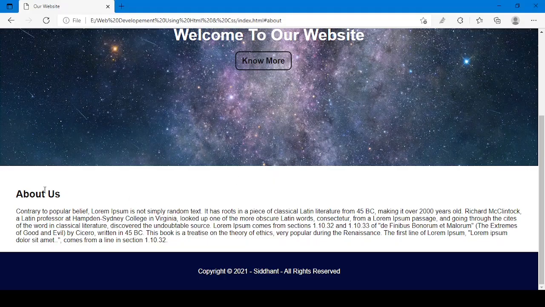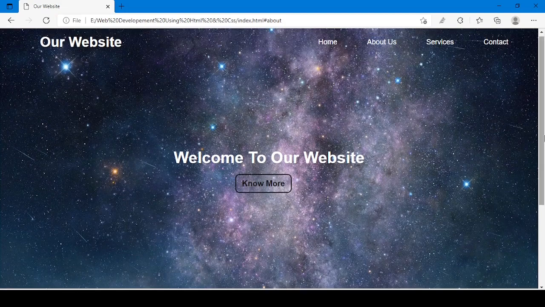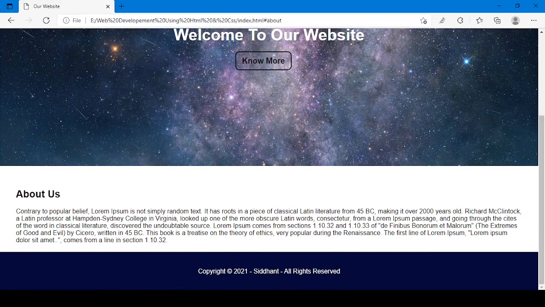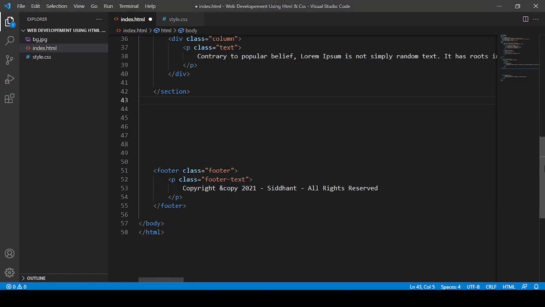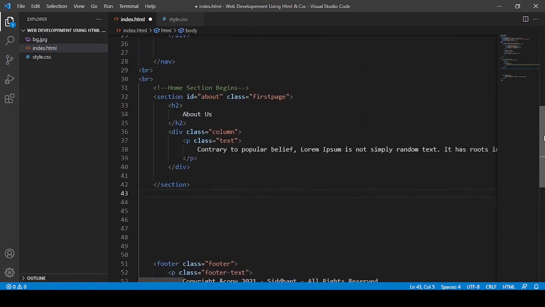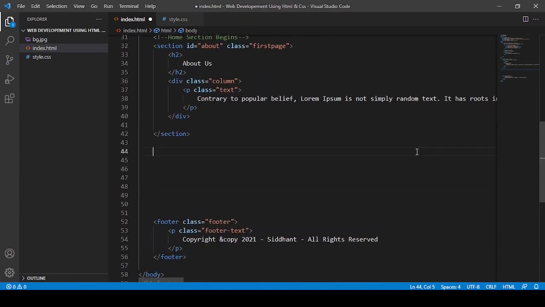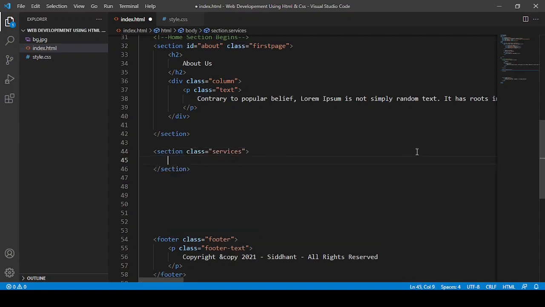From here you can see about us, then we have services, so I'm going to make another section for services, and then I'm going to say section dot services, as usual.